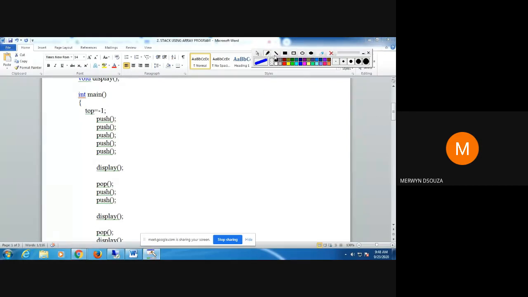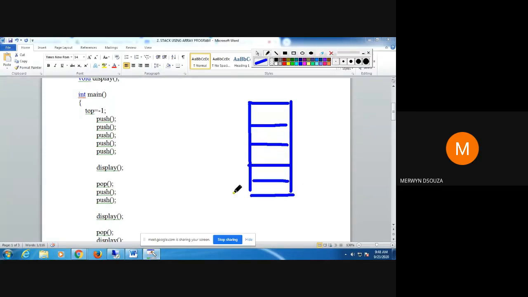Okay. So if I draw this, I'll just draw the stack here. I'm having initially top equal to -1.